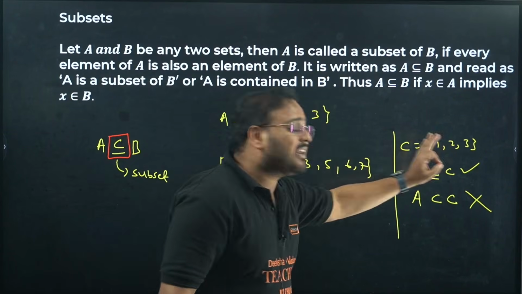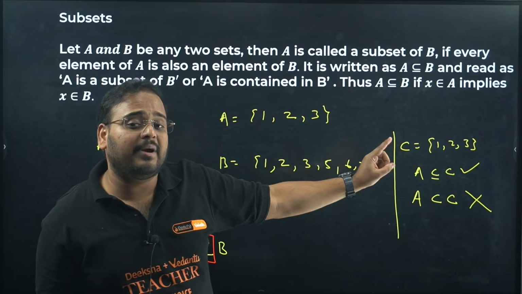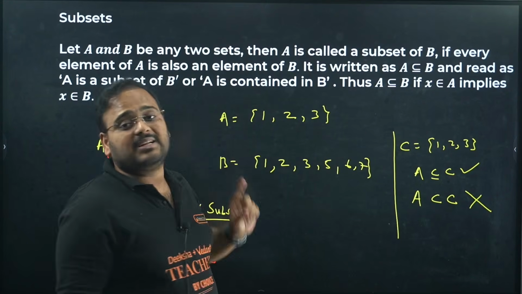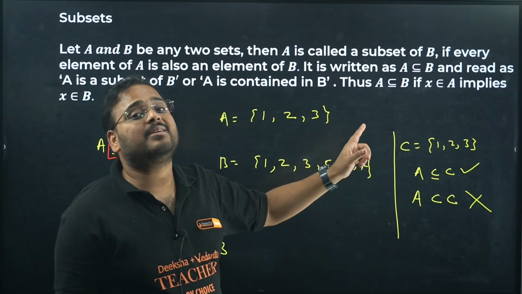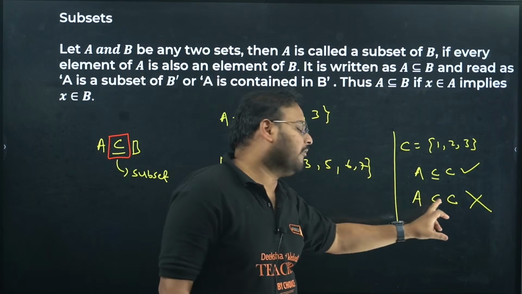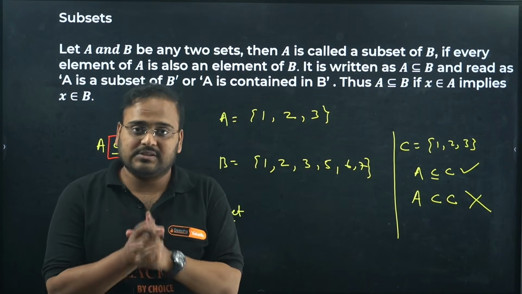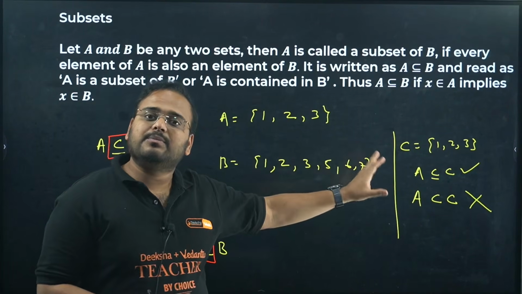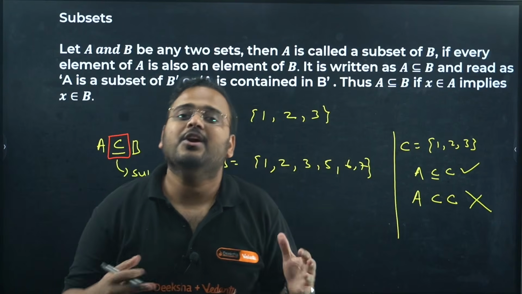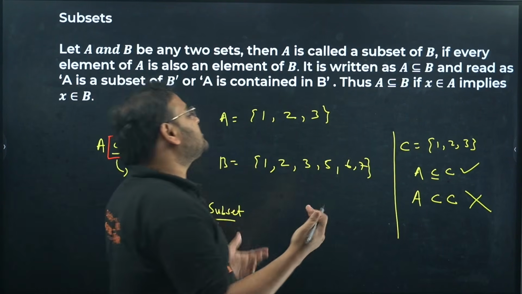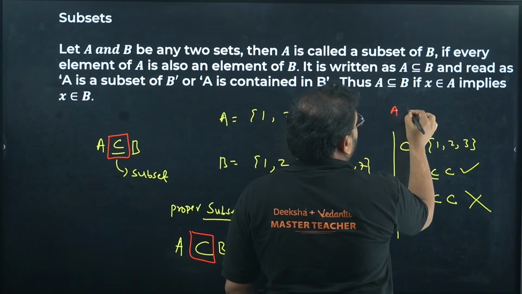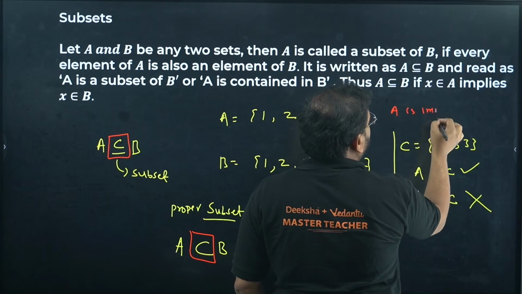In the set C there must be at least 1 extra element than what was present in set A, then only set C and set A will have the relation of A is a proper subset of C. Otherwise, we'll say simply A is a subset of C. And what is that called? Basically, I can write this as A is improper